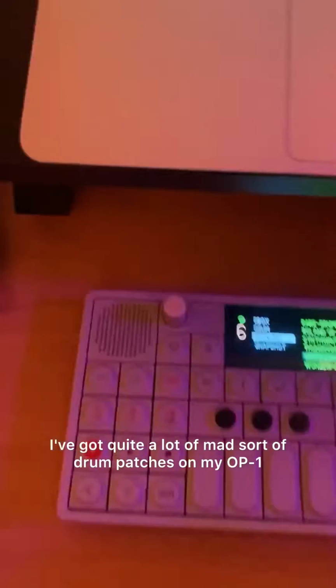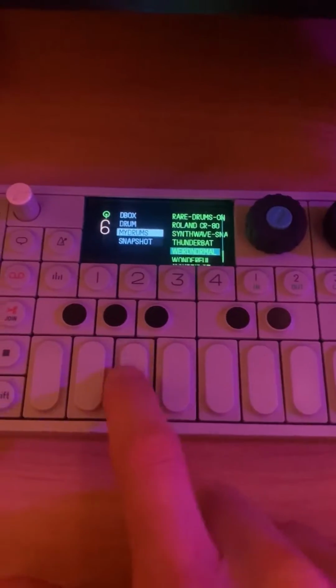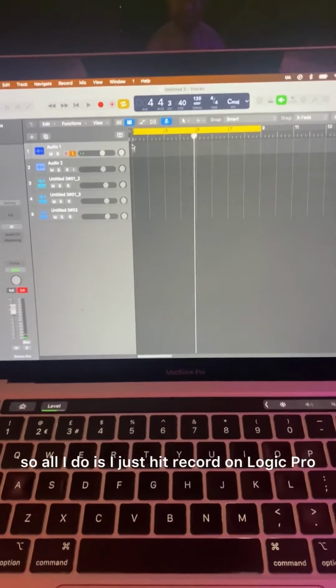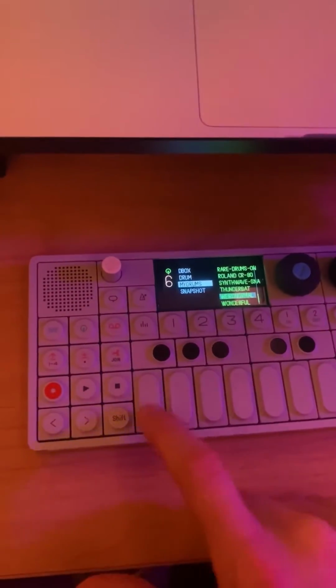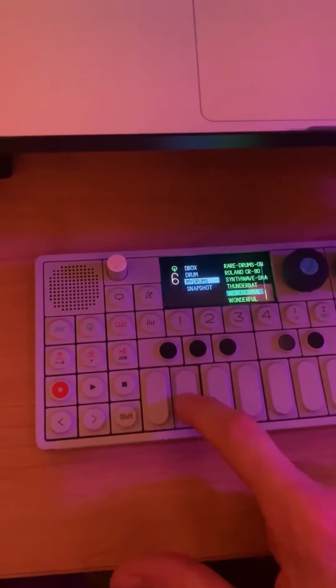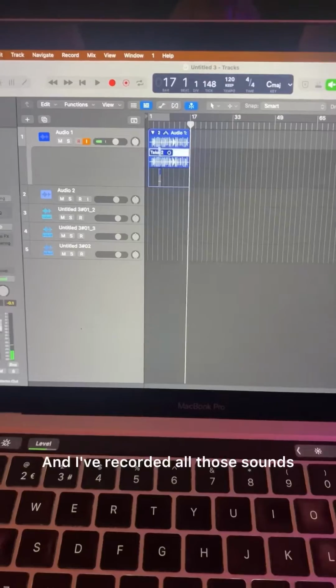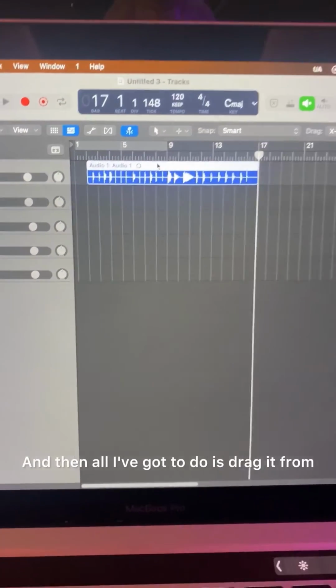I've got quite a lot of mad sort of drum patches on my OP1. But I want to get them into Logic, so all I do is hit record on Logic Pro, and I'm just going to play every sound. And I've recorded all those sounds, and then all I've got to do is drag it from here into a